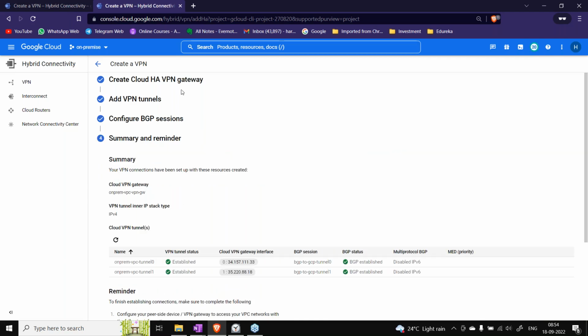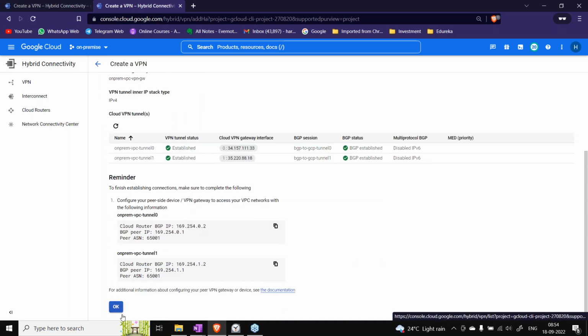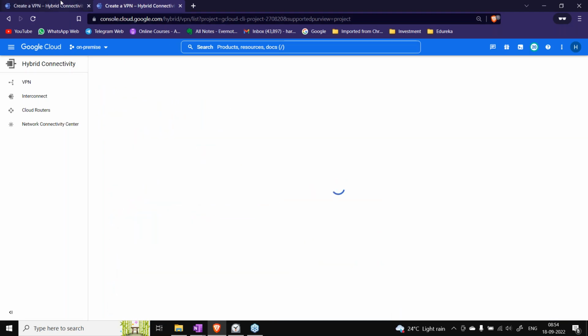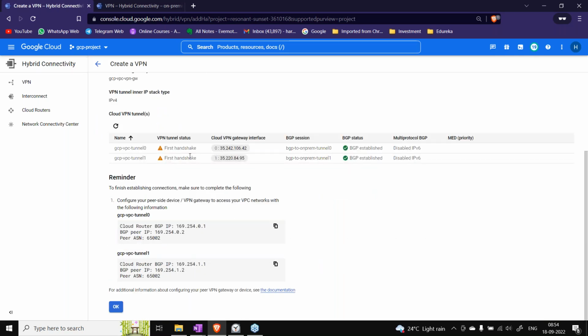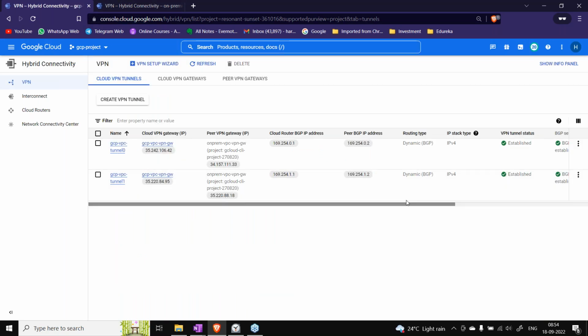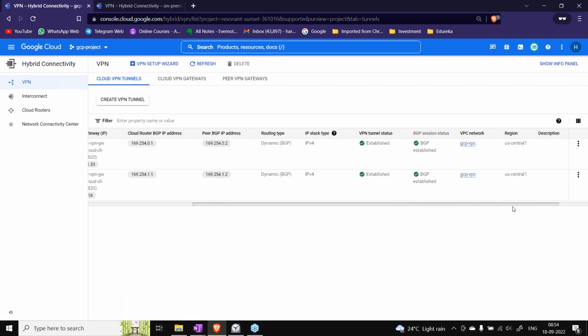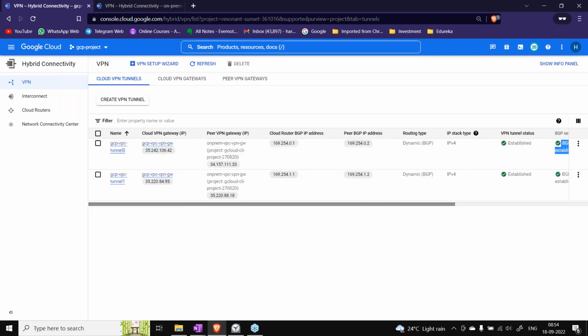If you see here, the BGP session is established. Let's say okay, and let's check the other side. Here also it is saying established. The first handshake is yet to be done, so let's say okay. Session status is also established. This is good.